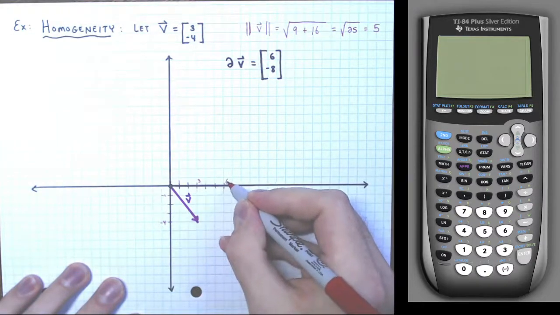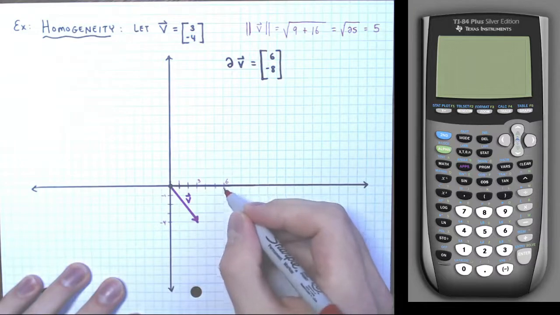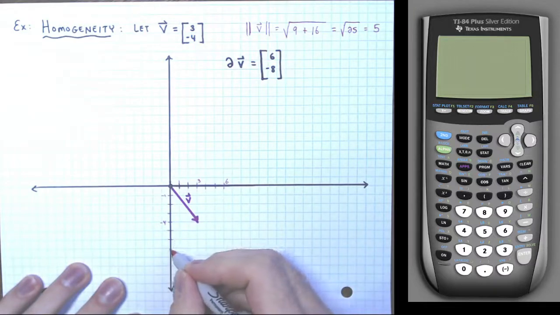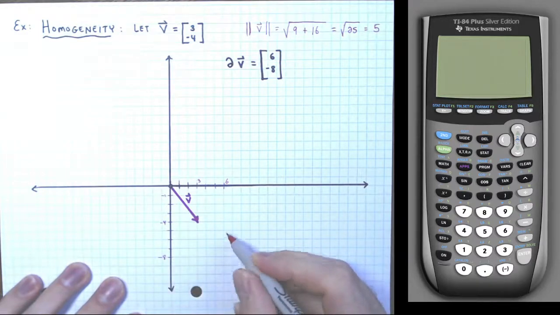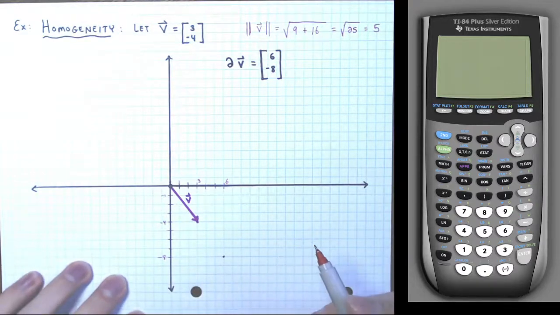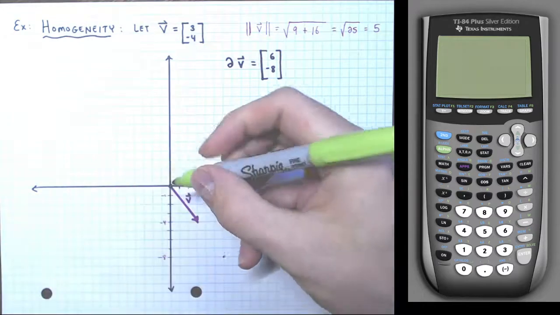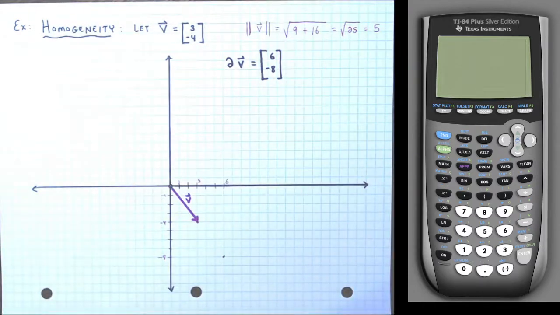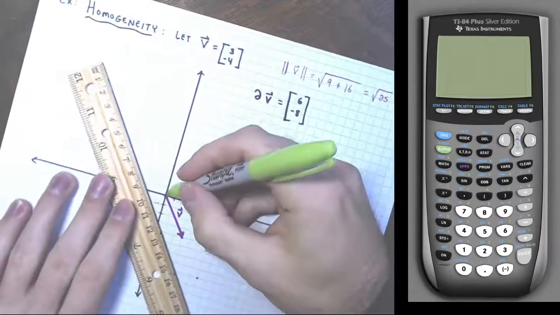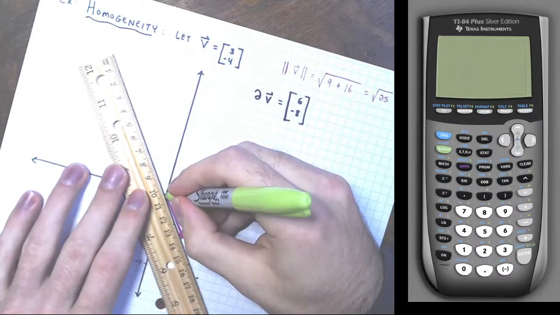So right 6 on the horizontal axis, down 8 to being in line with negative 8 on the vertical axis. Right? And so here we go. And maybe I'll pull a ruler out, make this look a little nicer. So from the origin to this point,